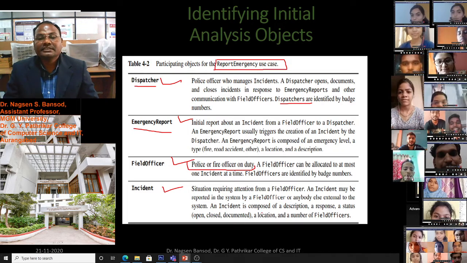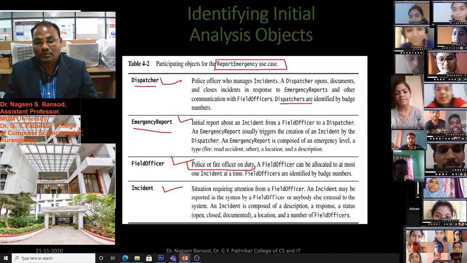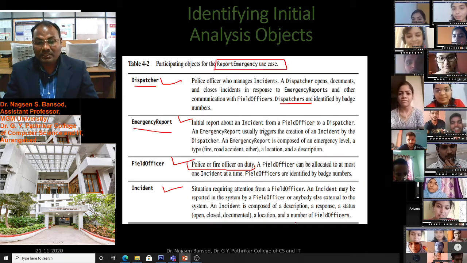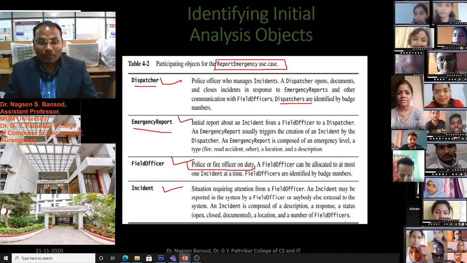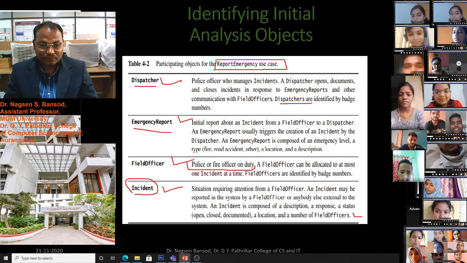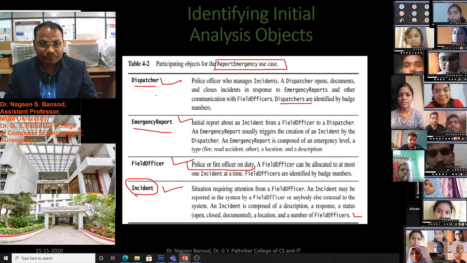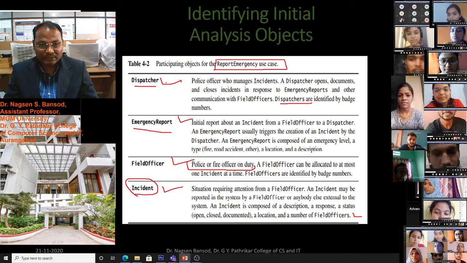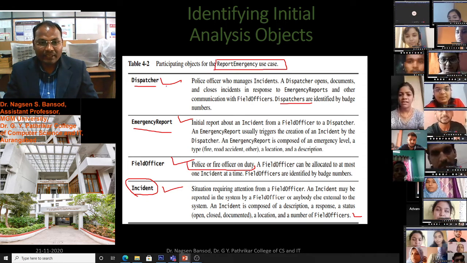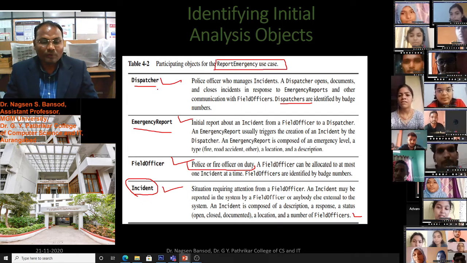An incident is composed of a description, a response, a status, open, closed, document, a location, and the number of field officers. These are the use cases, and these are the objects we have identified, and we have to give a detailed explanation about each object.